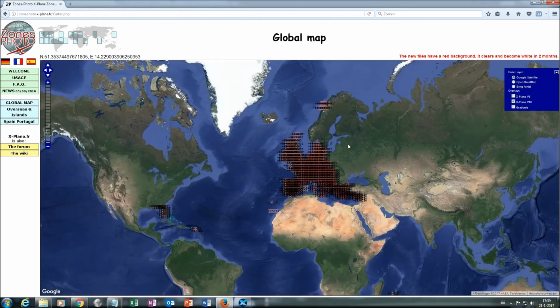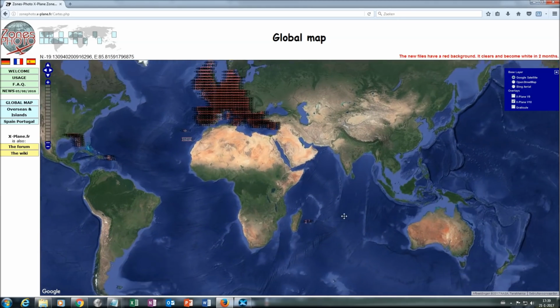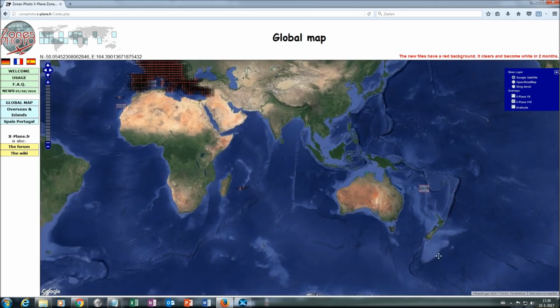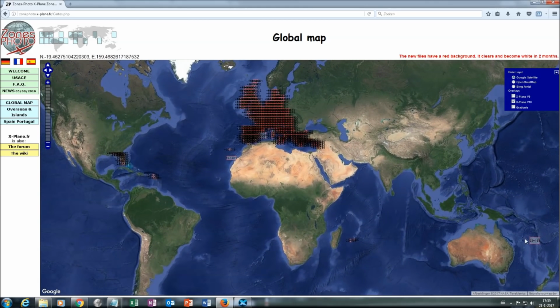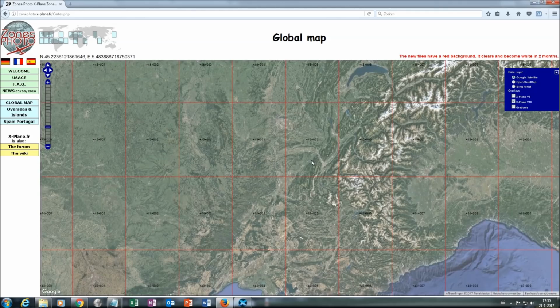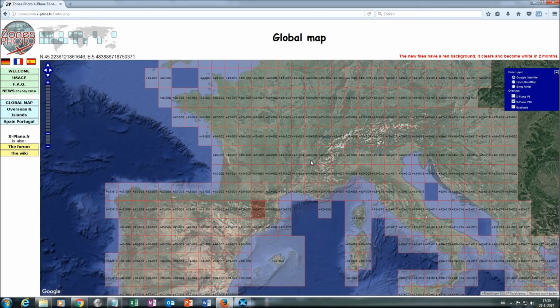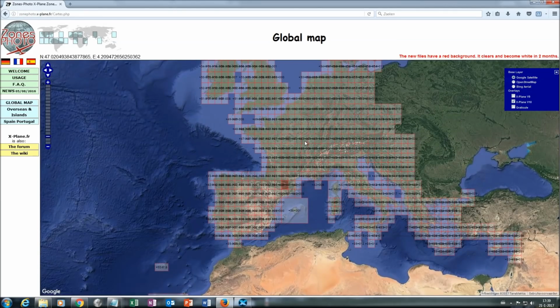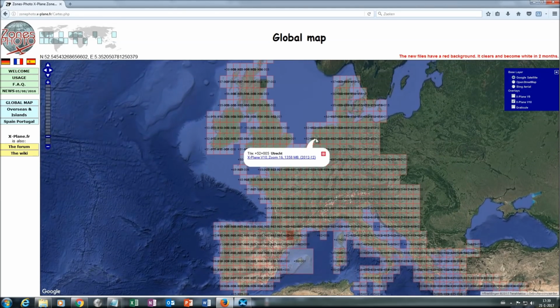And well, they have some areas other than Europe also covered. That's Florida, that's part of the Mediterranean. Actually, most of it are the French overseas territories. Here's another one. That's all being covered. A little bit of Norway. But anyway, every tile is a photo scenery tile that you can download. Like I said, it's in zoom level 16, but well,